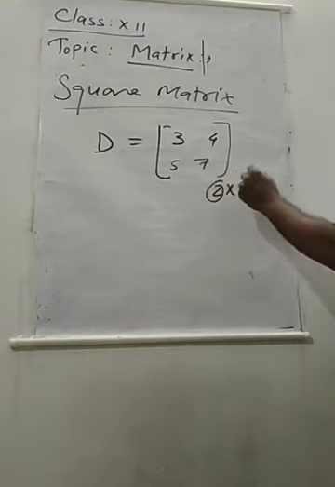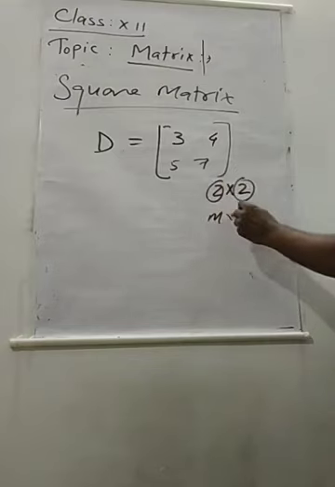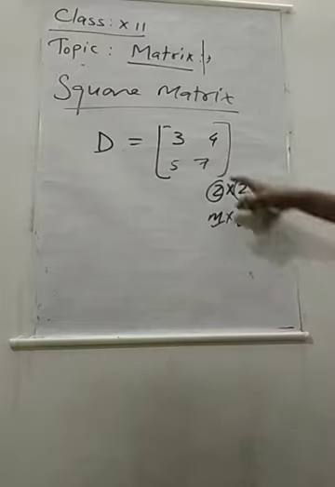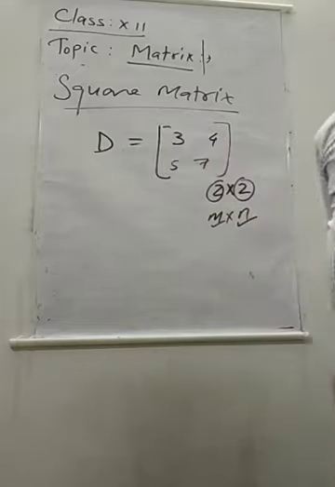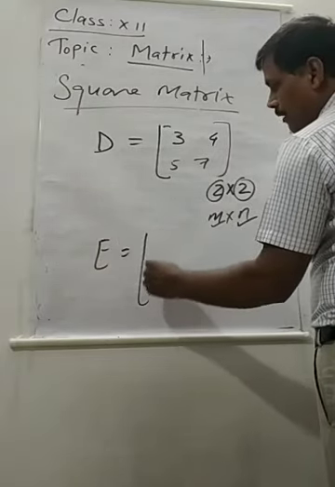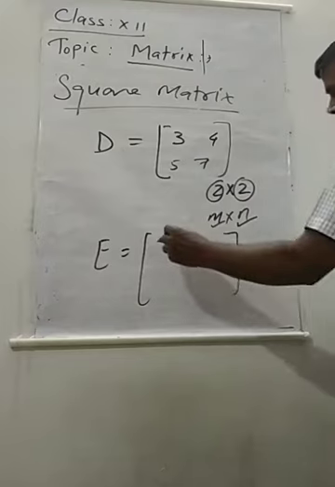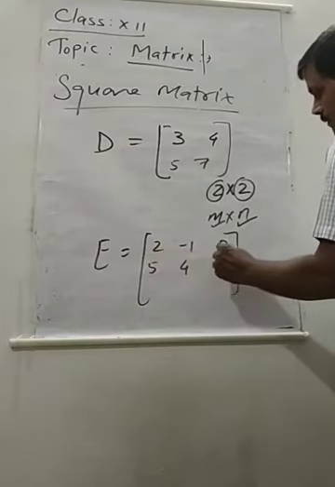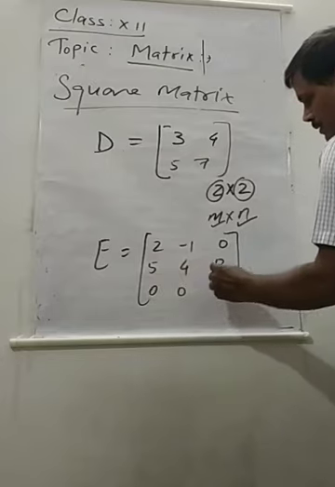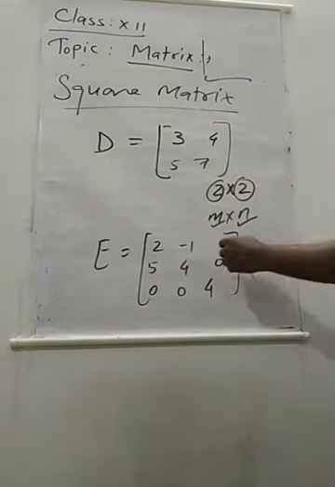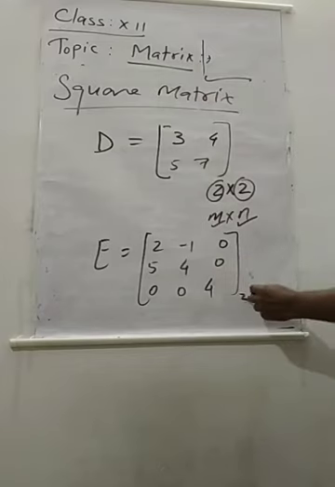This is what we were saying about m by n. If m is equal to n, then the matrix is called a square matrix. Let's have some more examples of other orders also. 2, minus 1, 0; 5, 4, 0; 0, 0, 4. It is a good example of a square matrix. What is the order, children? 3 rows and 3 columns. It is a 3 by 3